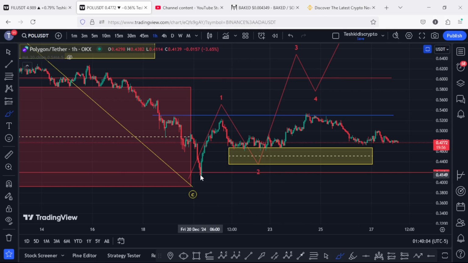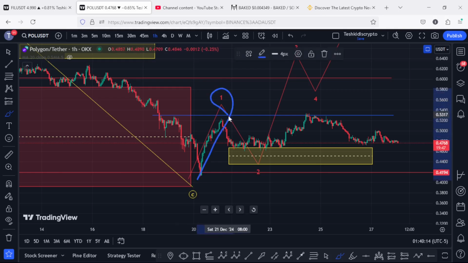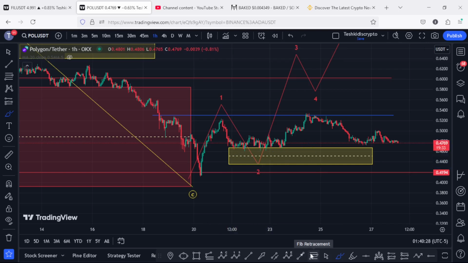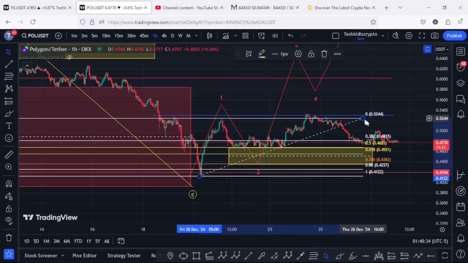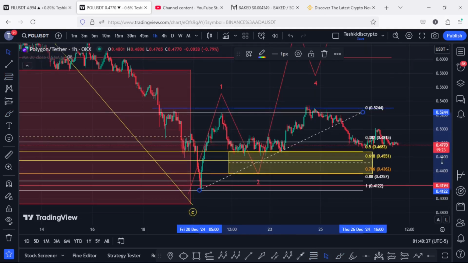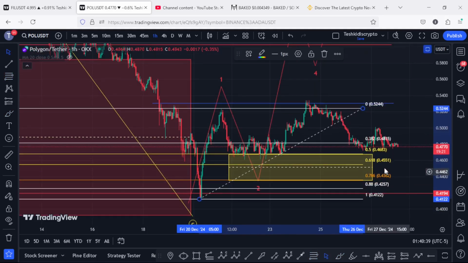I have been expecting that we are going to continue bouncing impulsively, where I believe that we had first peaked in the formation of this additive count 1. Then we saw a bit of a pullback in the formation of this wave 2, whose minimum target areas I have marked here on the chart using this yellow target area, an area that I came up with by connecting the Fibonaccis from the low of the first wave to the high of that wave 1, giving me a minimum pullback target area between the Fib level 0.5 and the 0.786,